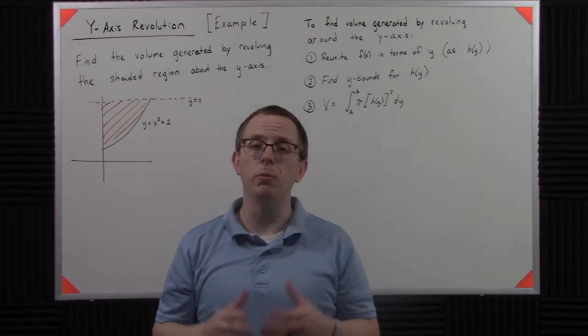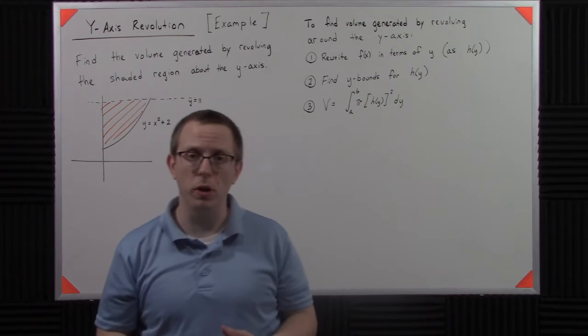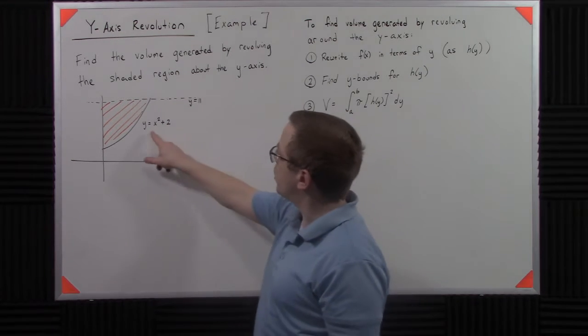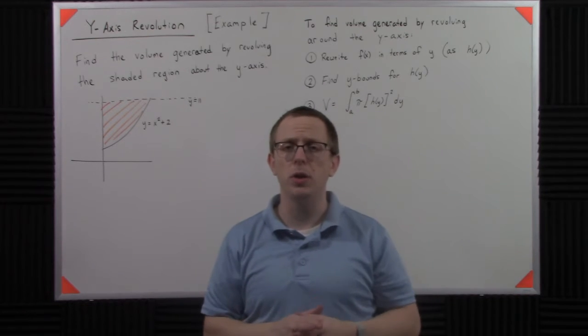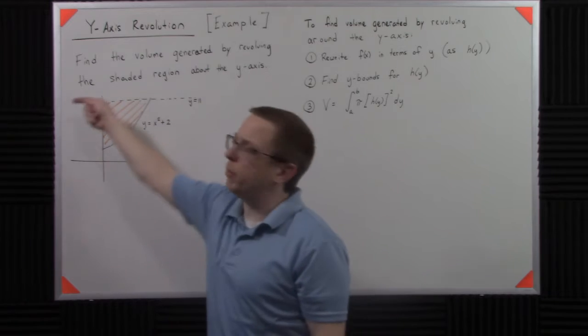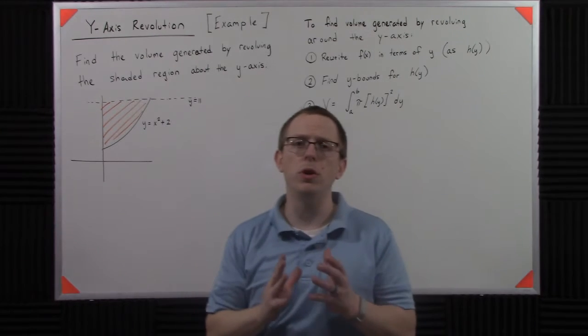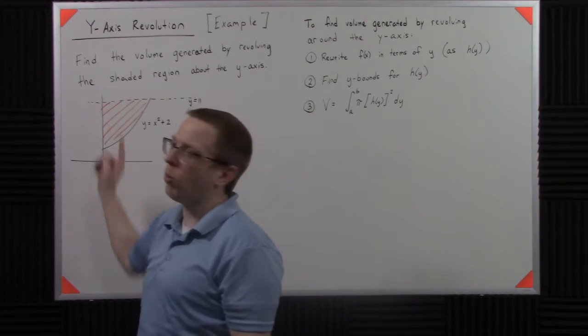Let's do an example of revolving a region around the y-axis using the steps that we developed in the previous video. So what I've got here is the graph of y equals x squared plus 2. That's cut off above by y equals 11, leaving this shaded region. So what we want to do is take that shaded region and revolve it around the y-axis, kind of creating